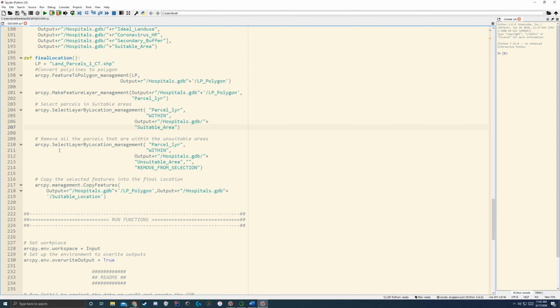And then you'll be doing a select layer by location remove selection, where you will be finding things within parcel layer within the unsuitable areas. So we'll remove all the unsuitable areas from the suitable areas to create your final location. So then you'll be taking that and you'll be copying the features into a shapefile. So we'll take in your